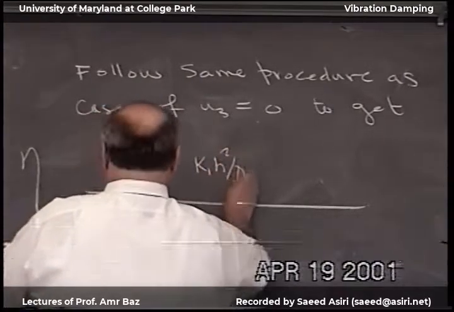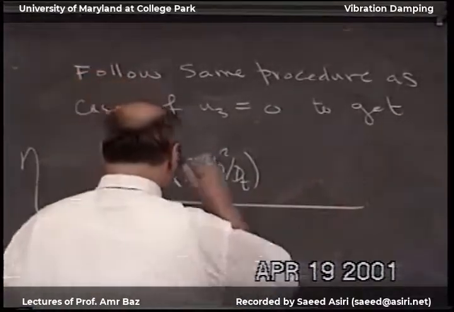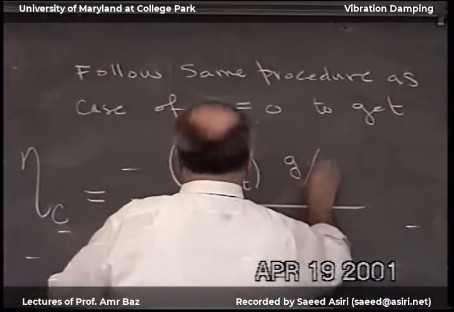K1 h squared over dt. It's exactly the same, like this. And then here, this will be G over